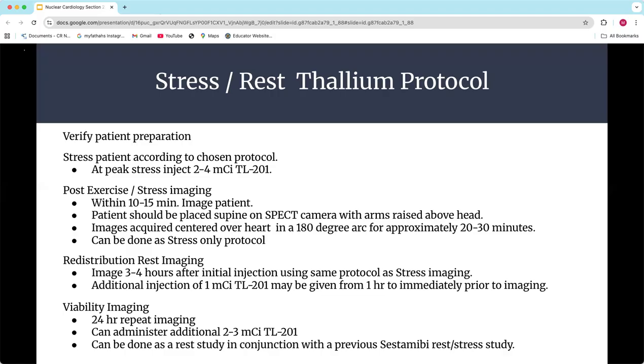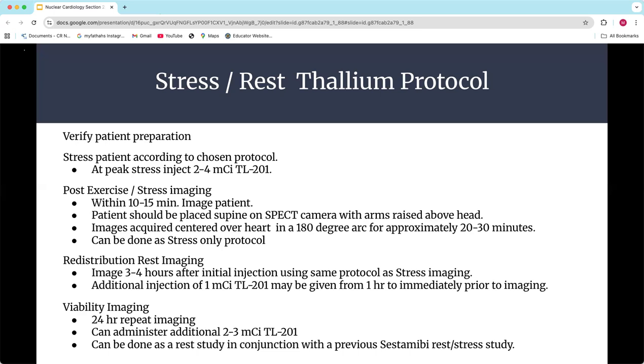Right. Exactly right. If we stress them first, because remember, what we're trying to answer is, can all areas dilate? So if we did a stress test on a patient and we've tried to dilate, and we've got adequate stress, and then we give them our pharmaceutical, if the entire heart wall muscle lights up in the same distribution, then we've answered our question, everything dilated. But if we do the stress and we pull it up and now there's an area that doesn't show up, now we have a question, because now we don't know whether that's ischemia or whether that's infarct.